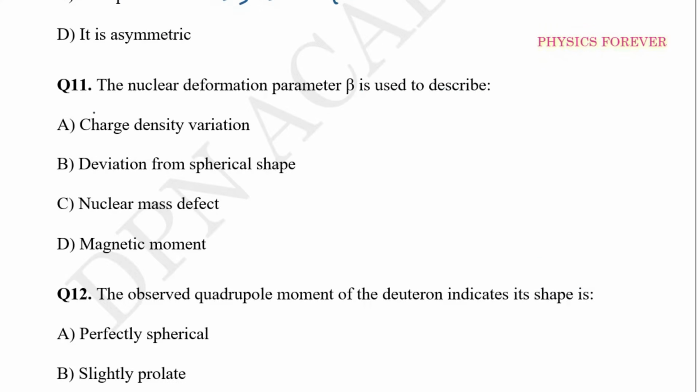Then question number 11, the nuclear deformation parameter beta, that is important. Which one is the beta parameter measuring? It should be a continuation from the previous one. The answer will be deviation from spherical shape. Option B is correct. The nuclear deformation parameter beta is used to describe the deviation from spherical shape. Deviation or deformation, question number 11 is a continuation of the previous question. Okay,